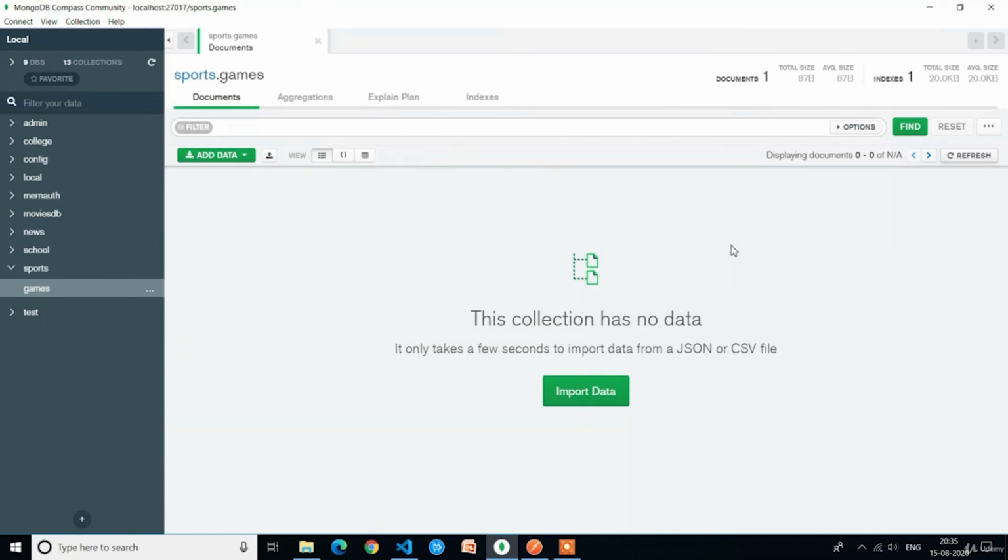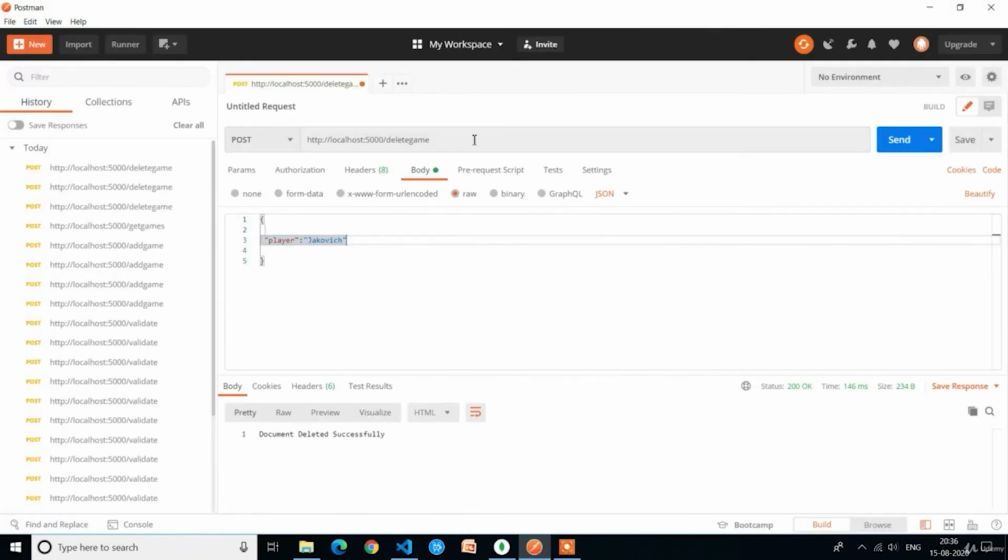To update the collection, first we should have documents in the collection. We have already deleted all the documents, so now I will add some sample documents. First I will change the route from delete game to add game. For adding a game, we have to write three properties. First is name, and the value is cricket. And the second is country,